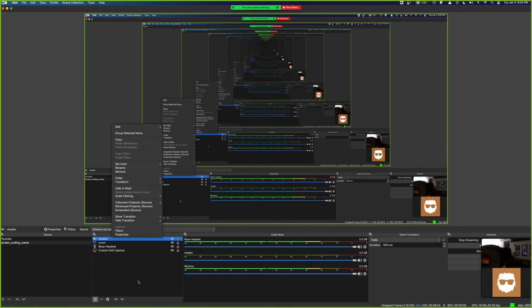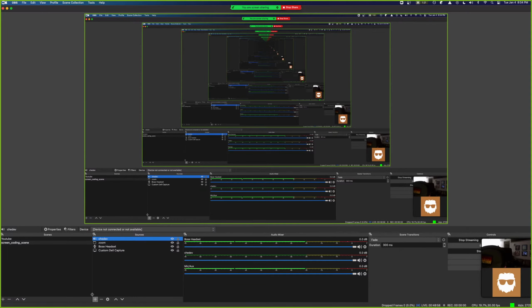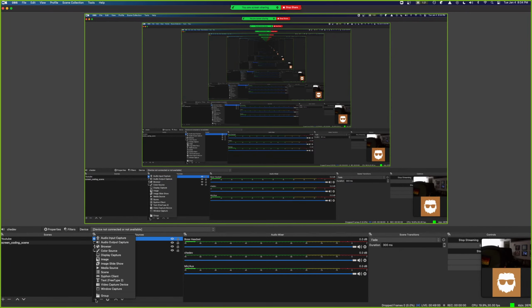Do you know how to do this? Do you have any ideas? Maybe CJ knows. If I added a new source for your audio in my speaker in my headset, it's going to be audio output capture, right?